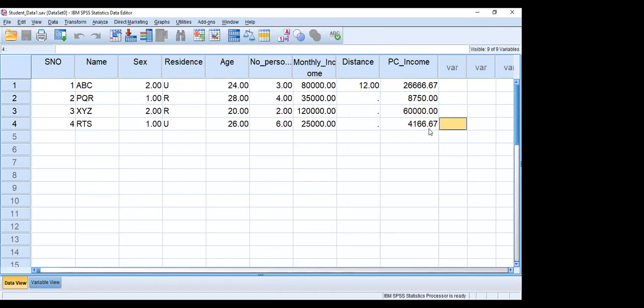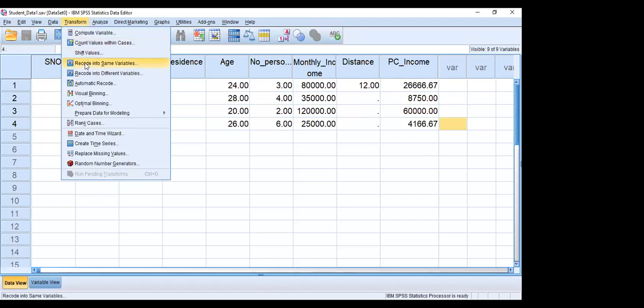So based on the PC income, we want to generate a new variable, that is, standard of living. In order to generate this variable, we click on Recode into Different Variables. It means we are asking the software to make use of the data on PC income and generate a new, different variable.